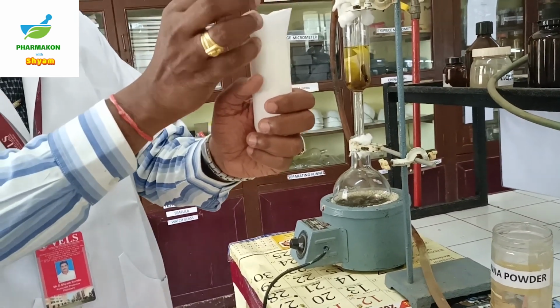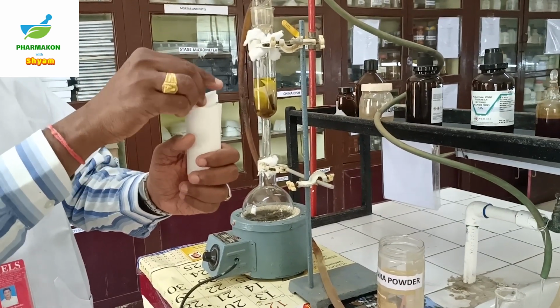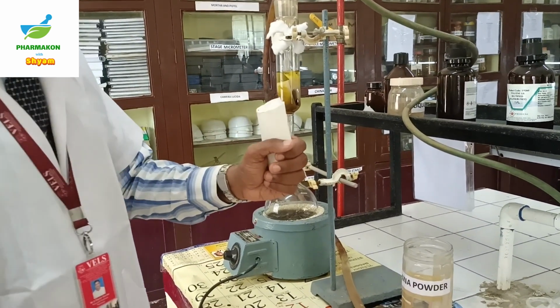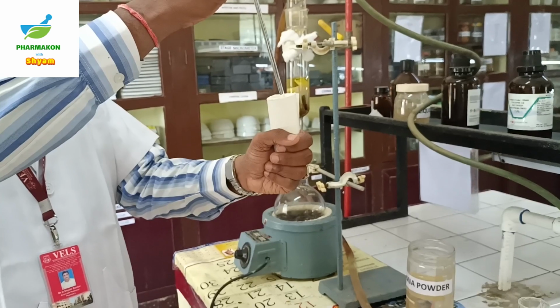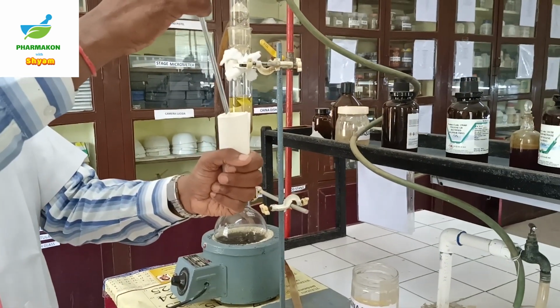Then fold the cone and make it into a pack with the help of a glass rod. Pack the coarse drug material into the thimble. This process has to be done gently,